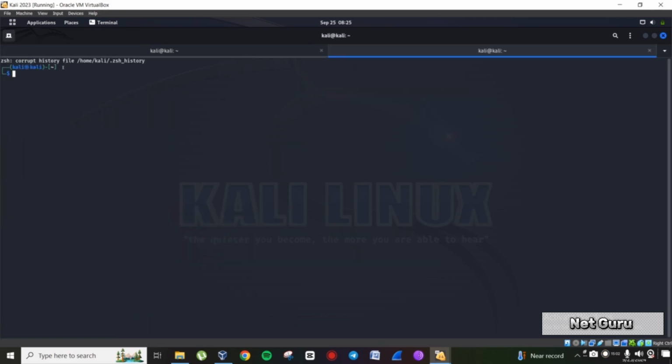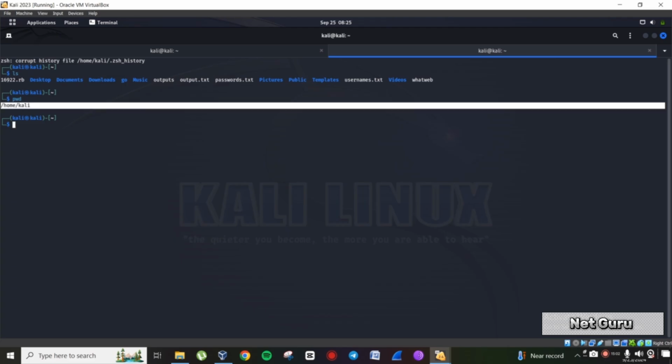So I'm going to go ahead and open up my terminal and create your own password list. But mine, as you can see, I have already created, which is the password txt and the usernames txt. And you can create these by using different text editors. And let me look for the working directory, because we are going to need the correct path in order to specify the correct path for the password list and the username list. So I'm going to copy this